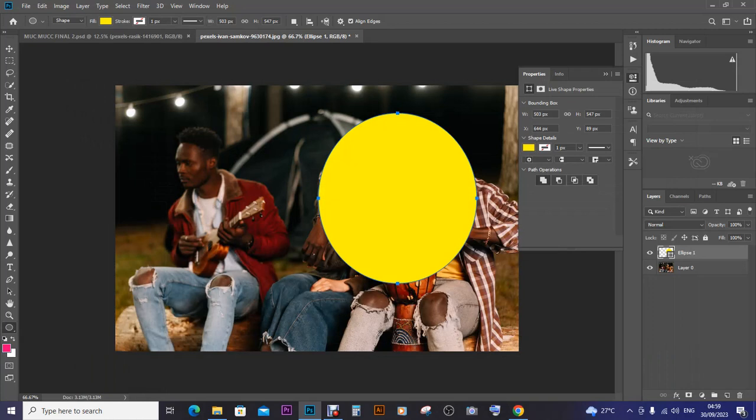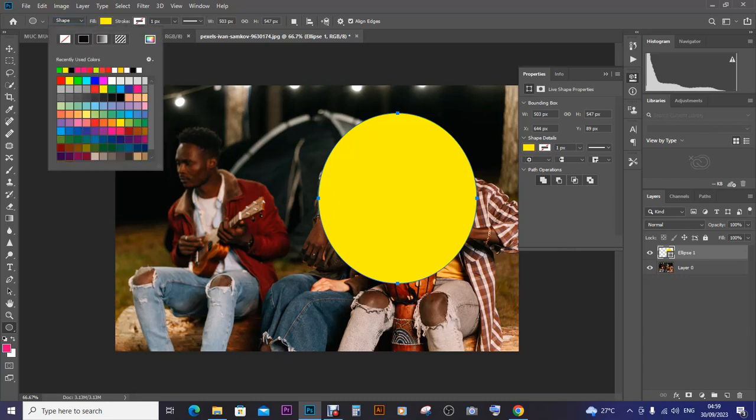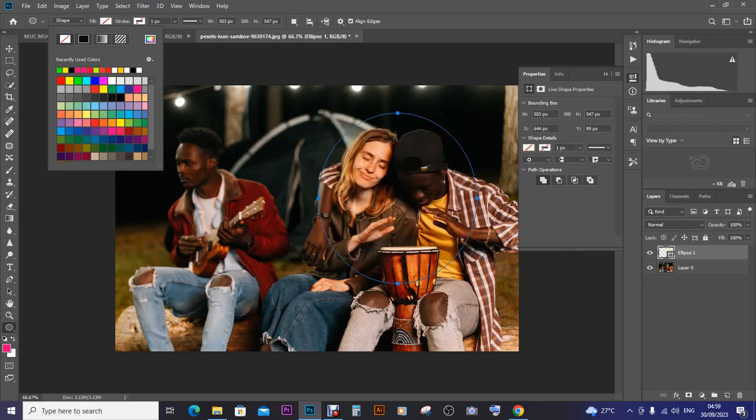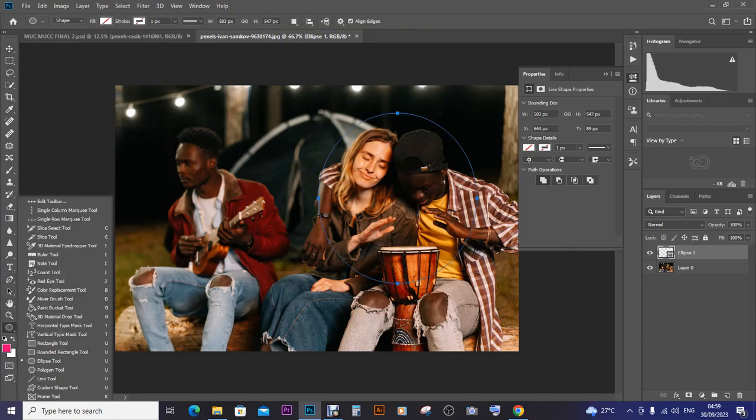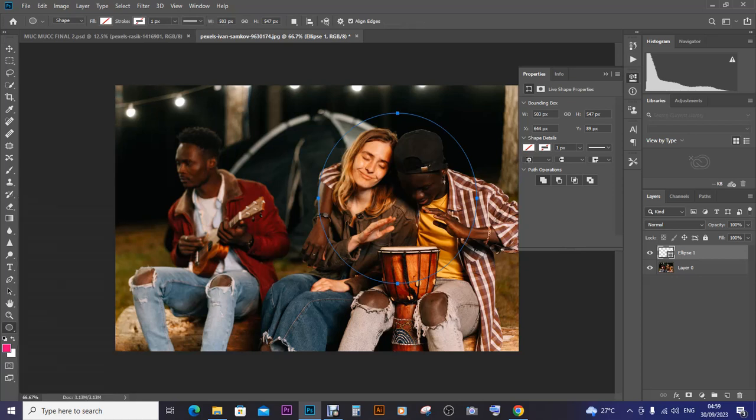So now after that, what I'm going to be doing is putting off the fill. Then from there, I'm going to be dragging. Okay, so I make this a shape. Okay, so I go back and make sure that I'm in a shape. So after that, I'm going to be